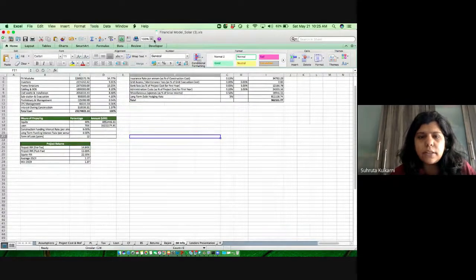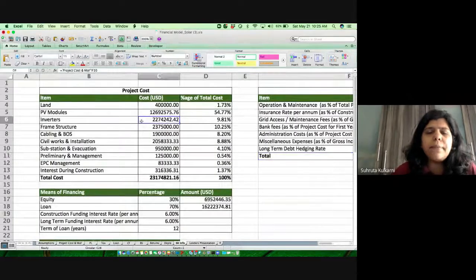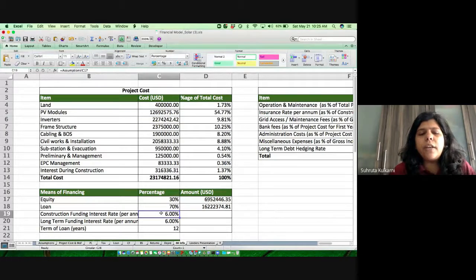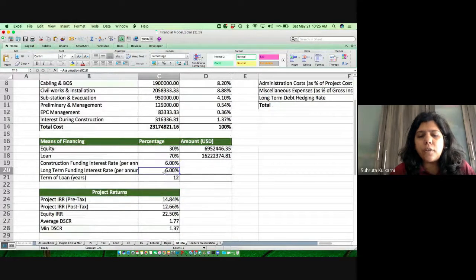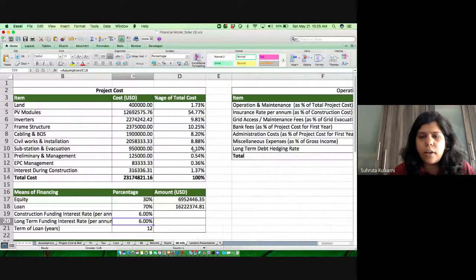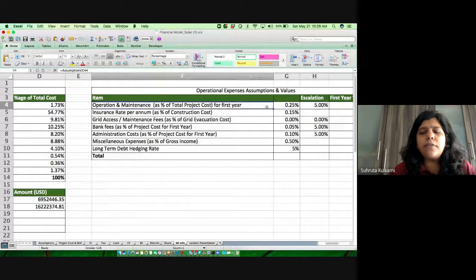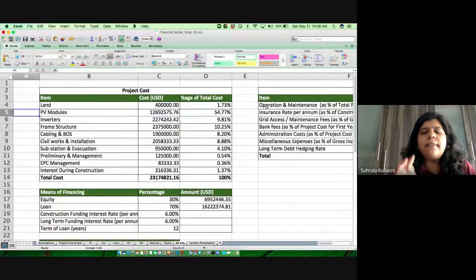And then, because the objective of this financial model is to raise funds, every time that we go to any investor or to a banker, they need certain project details. What is the cost of the project? What are the means of financing that you're using? If you're taking a loan, then what is the interest rate on the loan? What are your project returns? What are your key expenses? For example, my key expenses are operations and maintenance. How much are these in terms of your project cost? So they need certain at a glance kind of information, which we prepare in this model.